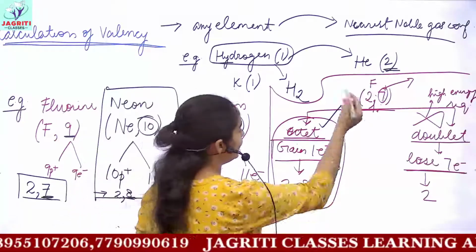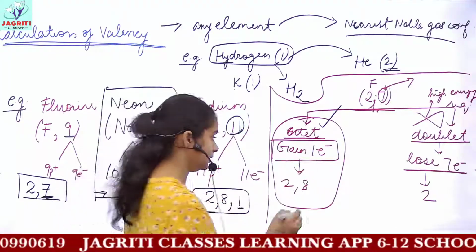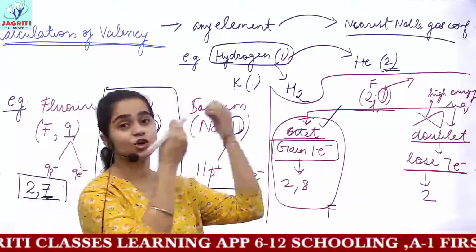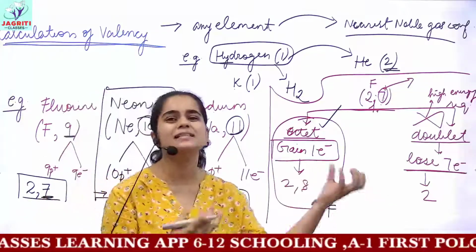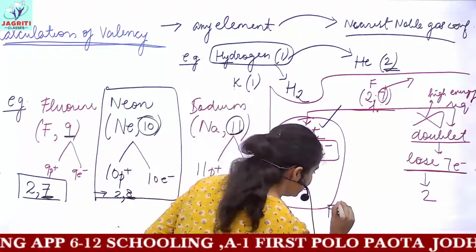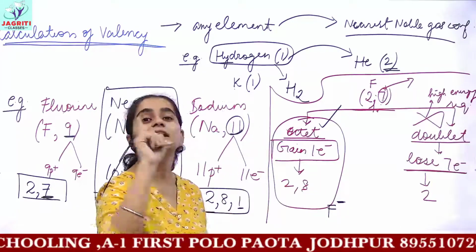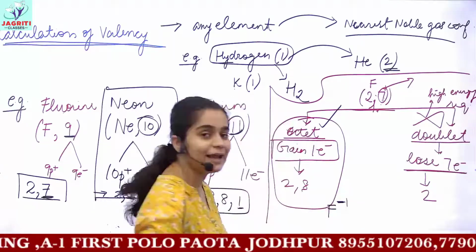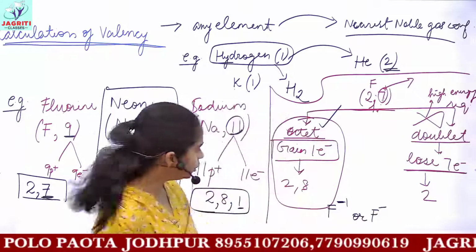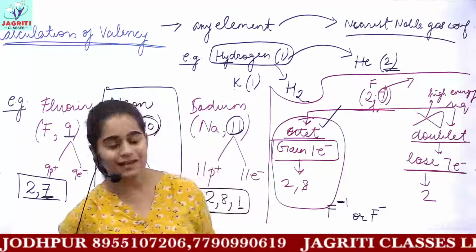And because fluorine gains 1 electron, you know the electron is a negatively charged subatomic particle. So when this fluorine gains 1 electron, it is taking negative charge on itself. When this fluorine takes an electron, it gets a negative charge on its head. And how many electrons is it taking? A single electron. So the charge would be -1, or you can simply write F minus. No need to write 1 because the minus sign signifies that a single electron is being taken.